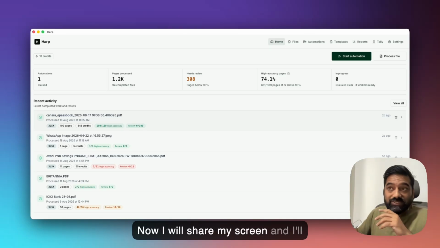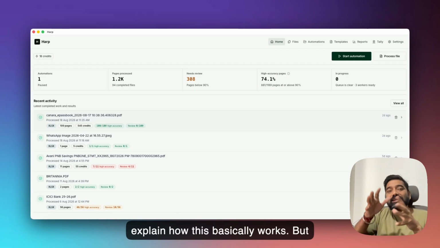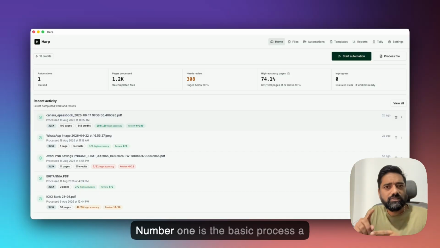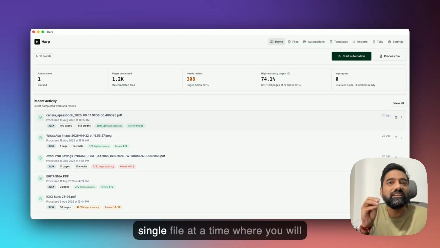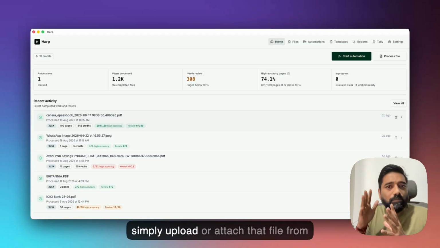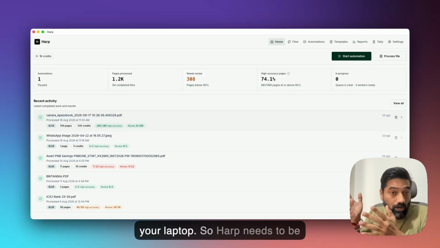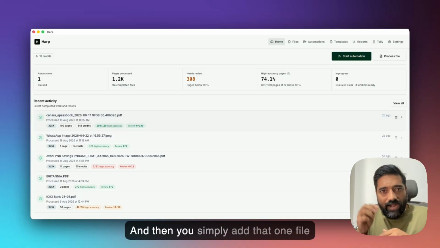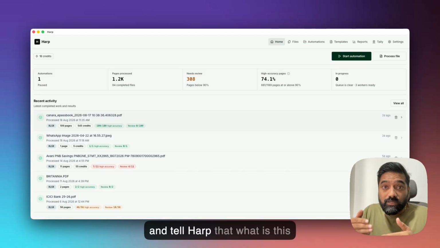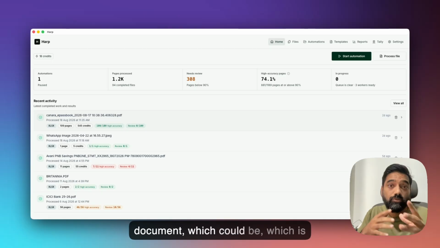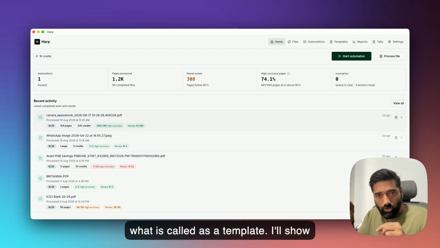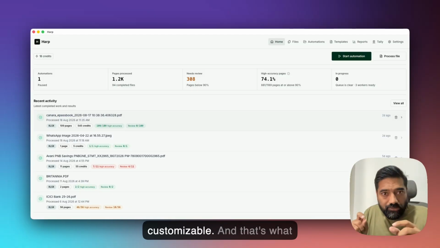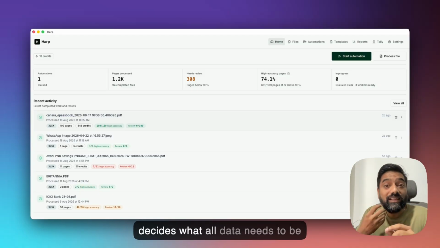Now I will share my screen and I'll explain how this basically works. But at a high level, there are two ways that Harp can process documents. Number one is the basic process, a single file at a time, where you'll simply upload or attach that file from your laptop. So Harp needs to be installed on your laptop or desktop. And then you simply add that one file and tell Harp what this document is, which is called a template. I'll show you all of that in the demo. But at a high level, that template is 100% customizable, and that's what decides what all data needs to be